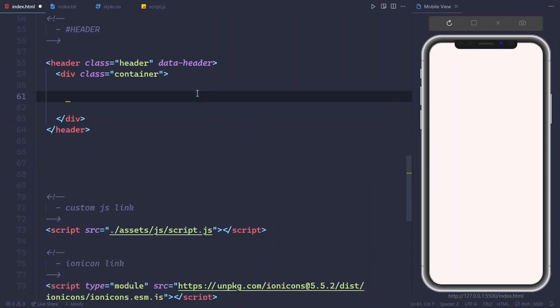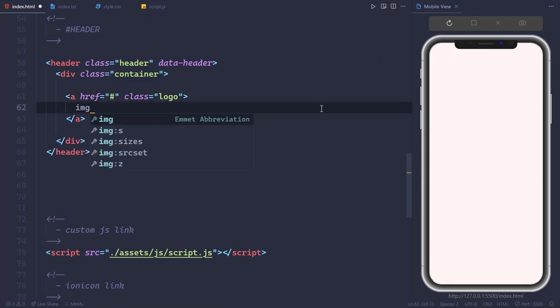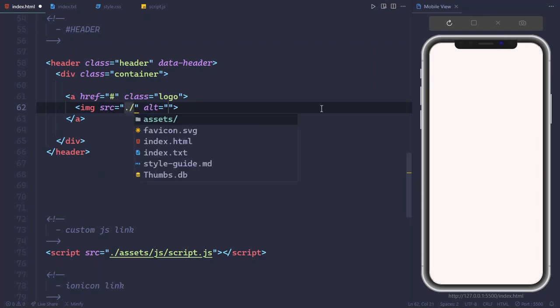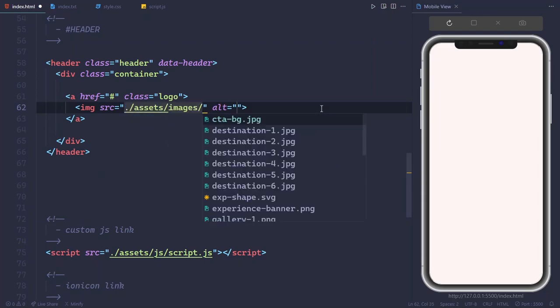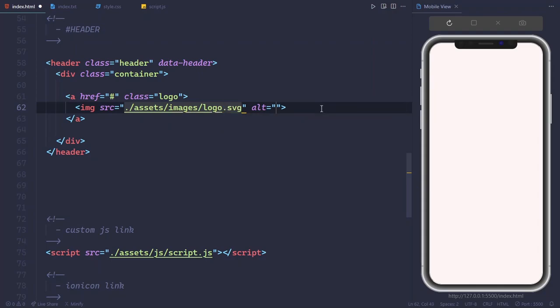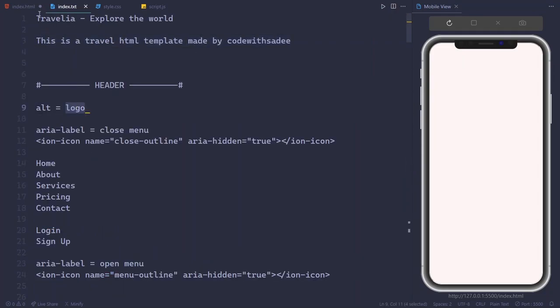Alright, first of all, a.logo, which is class with logo, and inside the logo img, and let's set the path, and here will be logo. Width will be 187 and height is 38px, and alt will be logo, this one,